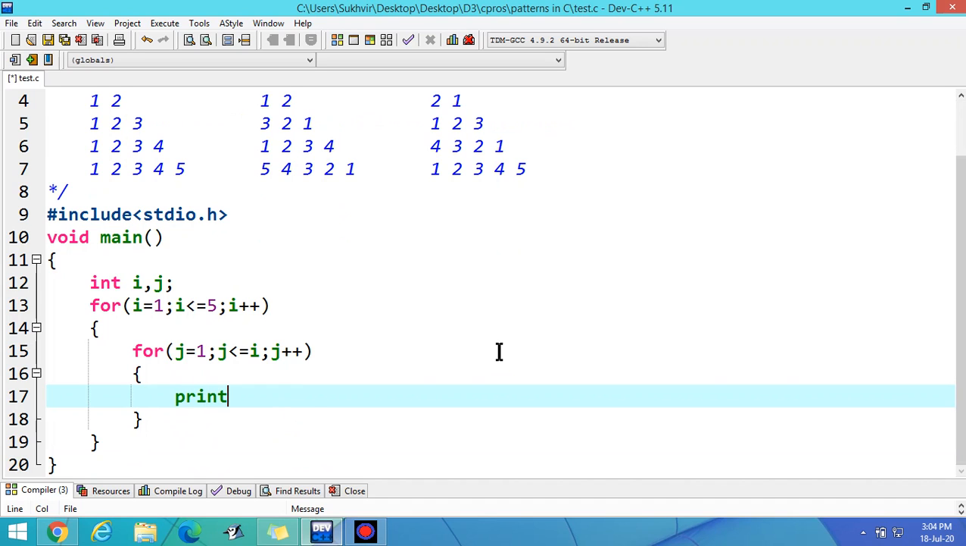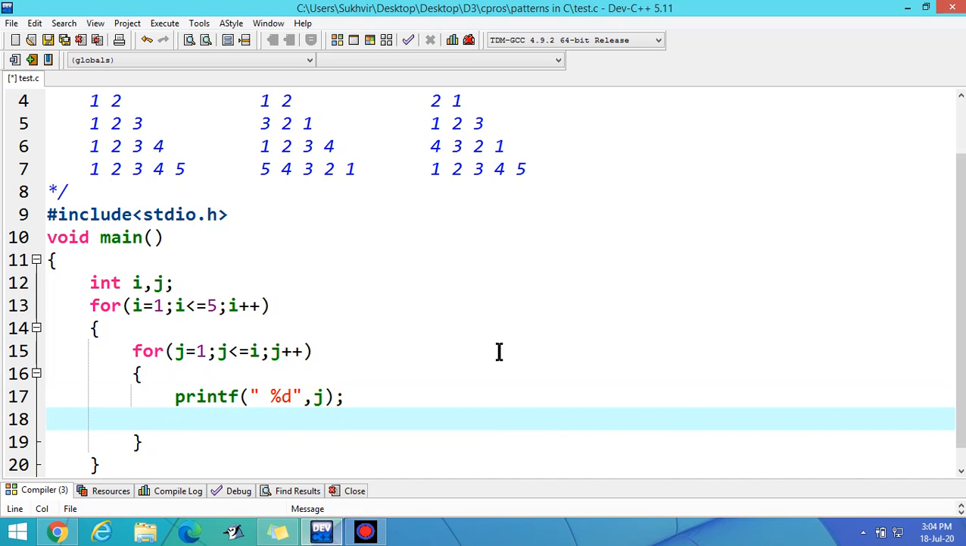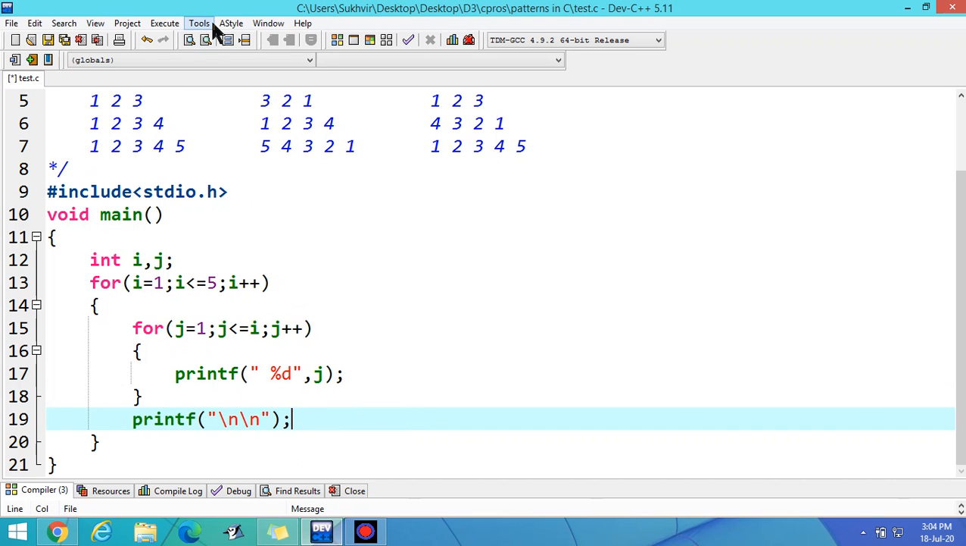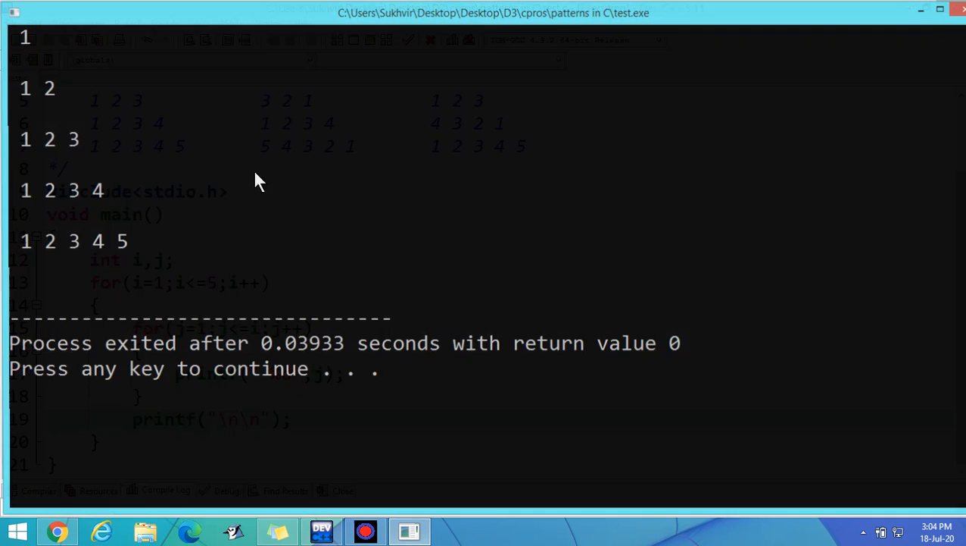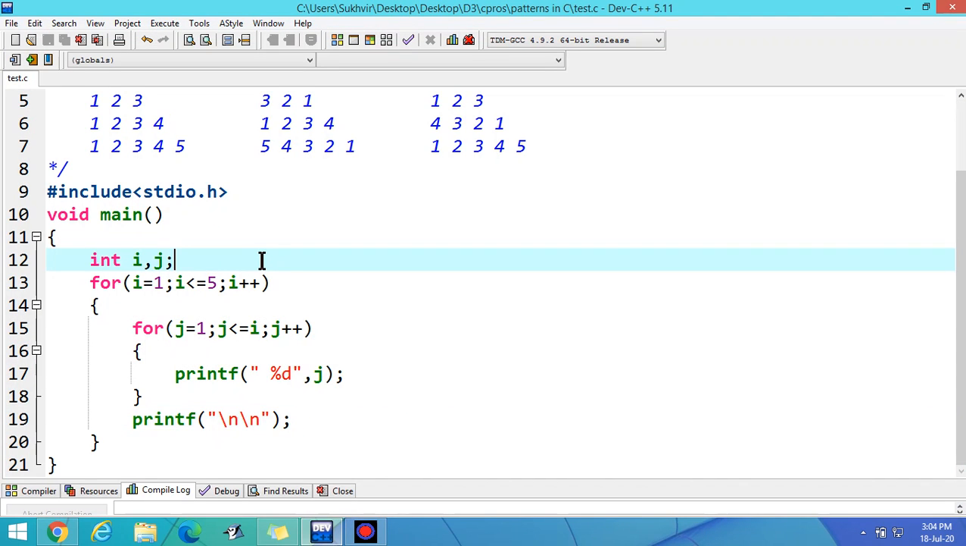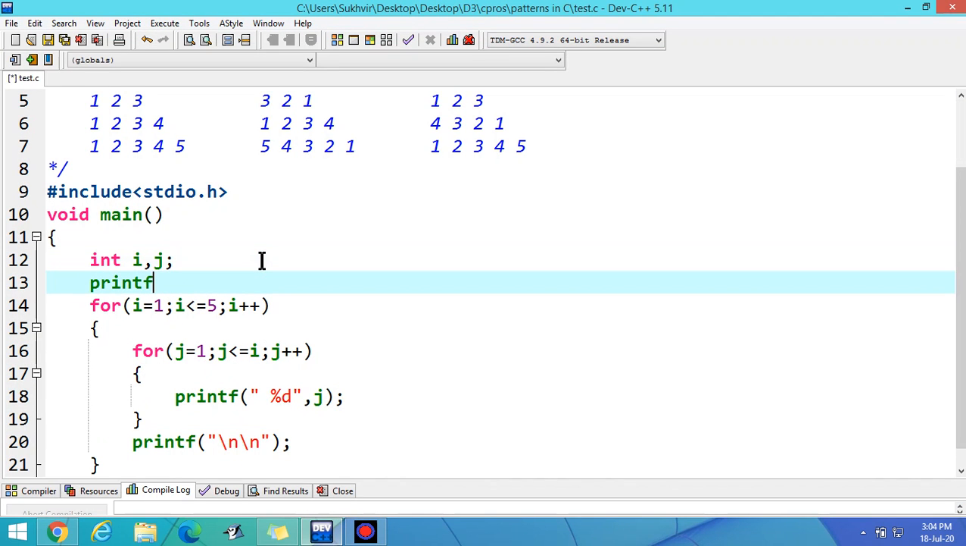It means I can print the value 1, 1 2, 1 2 3, and then 1 2 3 4, 1 2 3 4 5. It is the first pattern basically. We have already completed this one. This one is the first pattern: 1, 1 2, 1 2 3, 1 2 3 4, 1 2 3 4 5. And right here, print